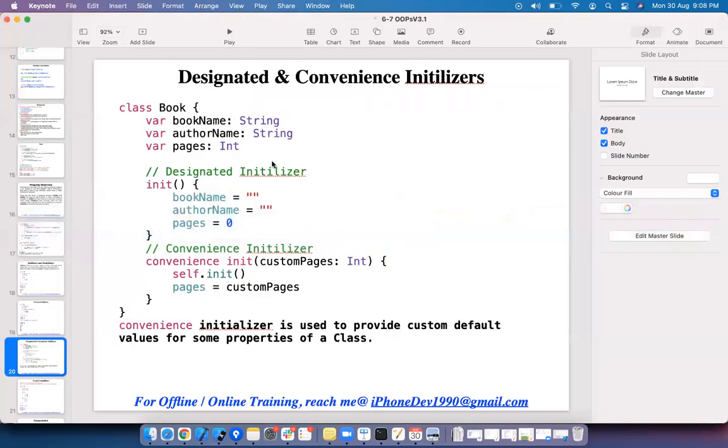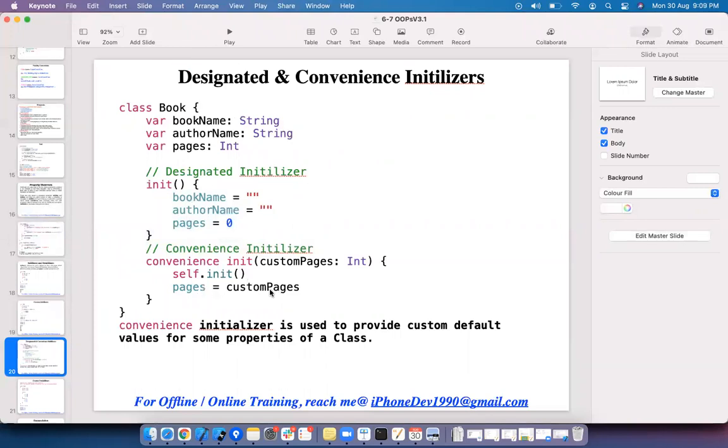Let's see here. We have three properties: book name, author name, and pages. In the default initializer, I am setting all three values, whereas by using the custom initializer, I am setting only one value. For the other two, I am calling the self init method so that the proper values are assigned.